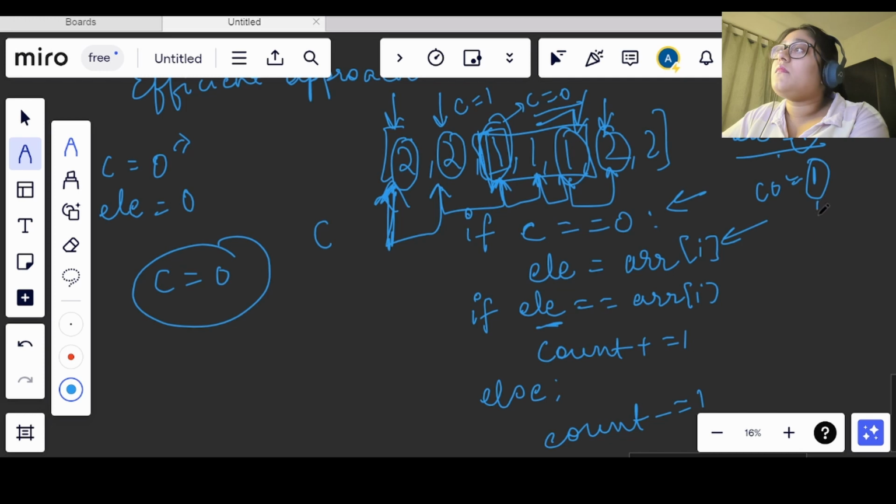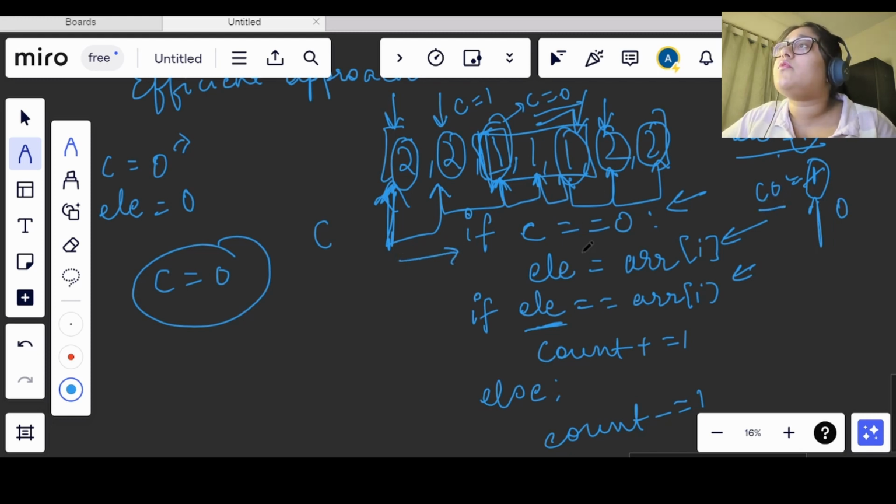And as soon as we see an element which is not equal to ARR of I, we decrease the value by 1. So we will again make it 0. Now we will move to this index, right? So we see that again we have an element which is equal to ARR of I, right? Means now first the count will become 0 here.